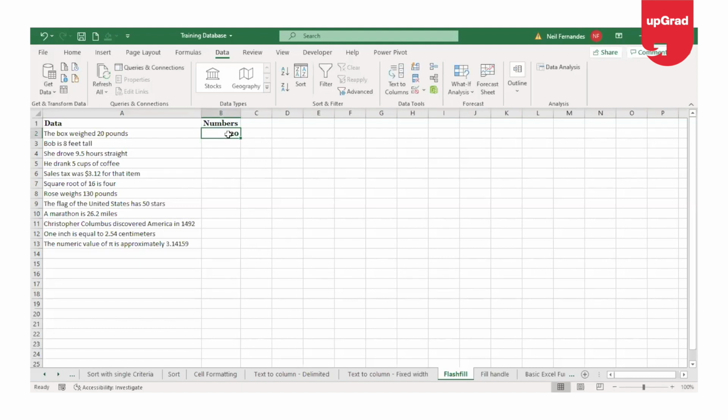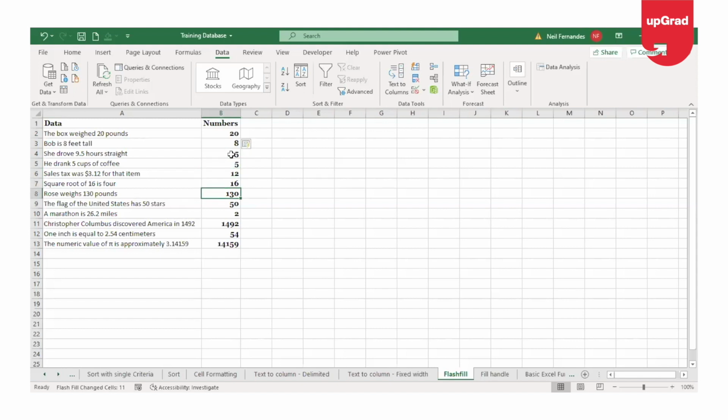Once I have done that, I can keep my cursor in the first cell and go on to the data tab. Under data tools, I will find the option flash fill. Once I click on the flash fill command, it will automatically identify the values that need to be picked up from each of the cells. However, it did not correctly extract the decimal numbers, but picked only the digits after the decimal place. You'll see in this case.